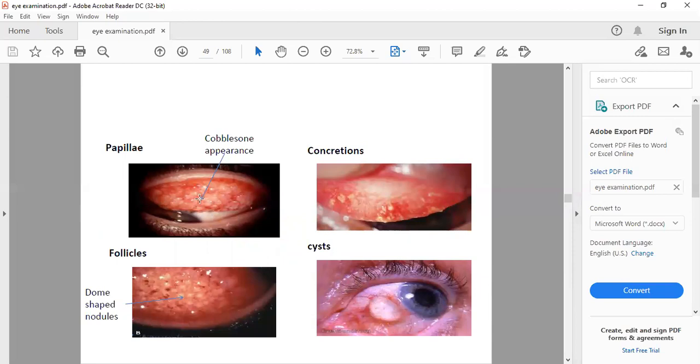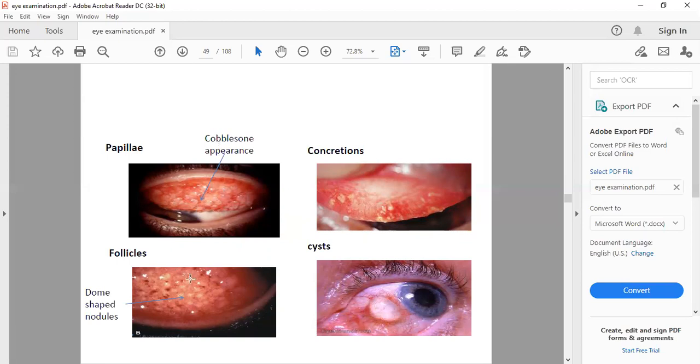I told you to look for papillae. So this is how papillae look. This is called a cobblestone appearance. How do you see papillae? Papillae are raised above the surface of the conjunctiva, and this is